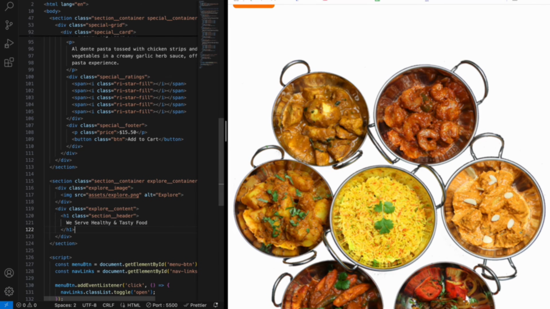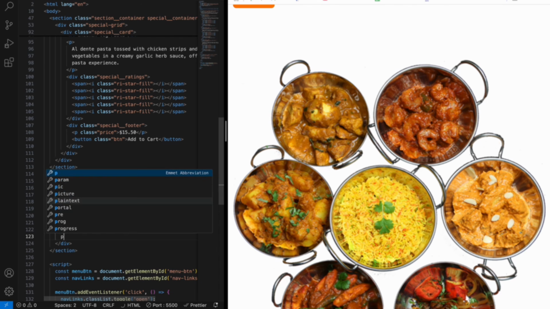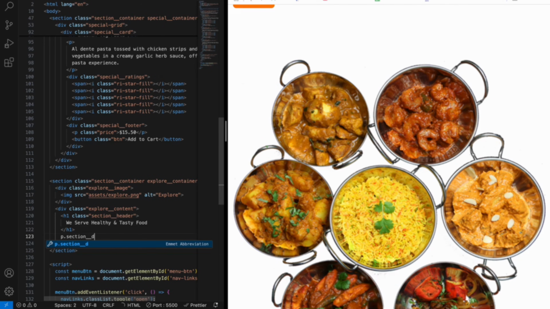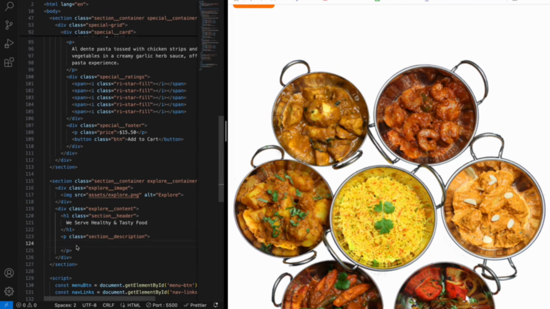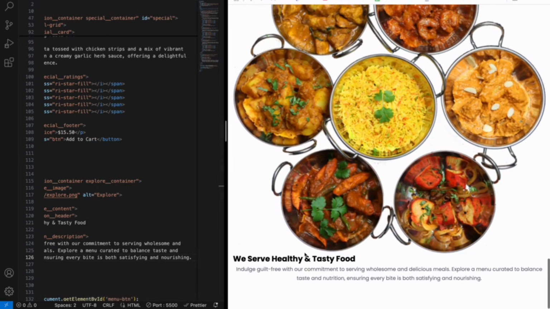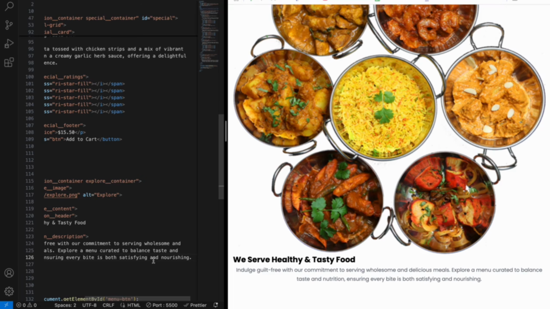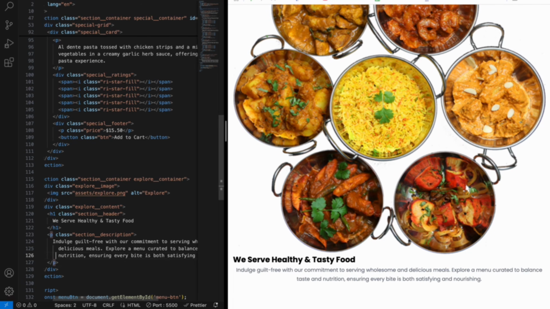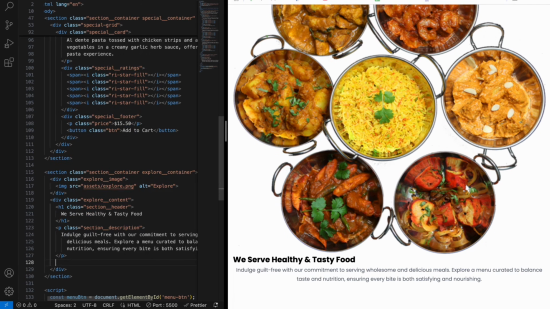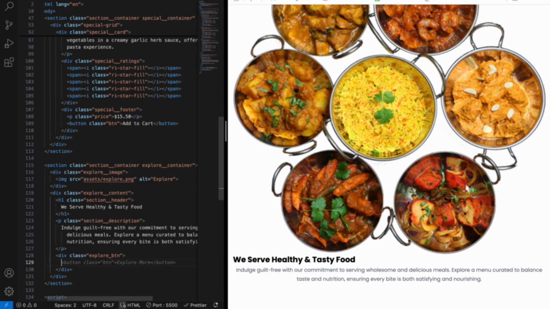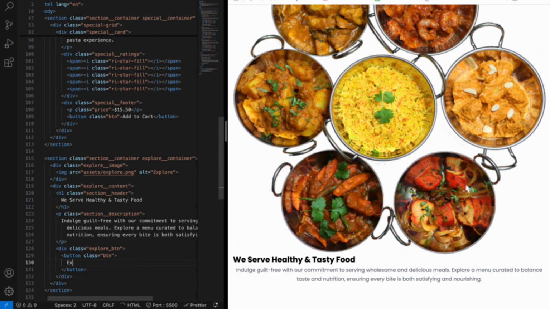So after the h1 part we will go for the paragraph, dot section description. Okay, and let's add the description as well. So here we have the description, and let's refresh it, where we have the heading as well as description. Okay, so after this we have to create a button. So here after the paragraph let's add the explore button. Okay, and here inside the explore button add a button, dot class name button, and inside this add explore story,